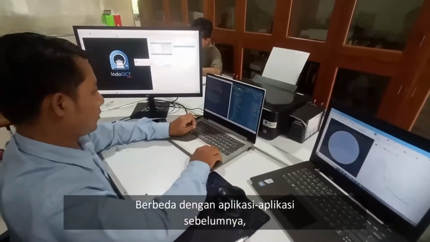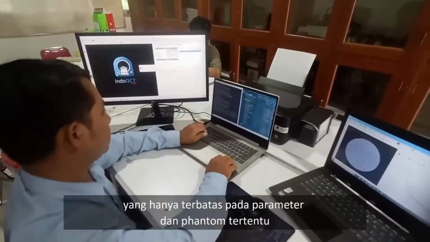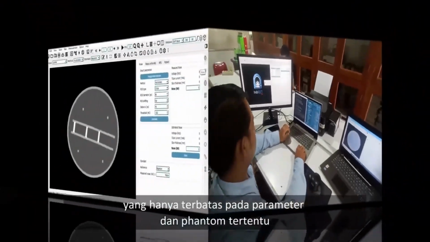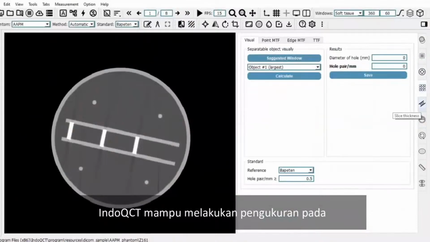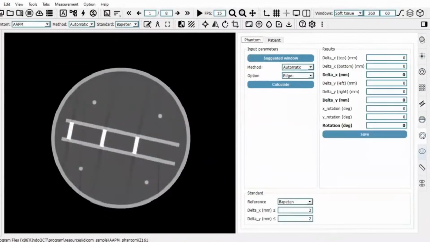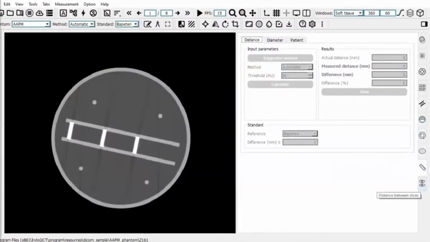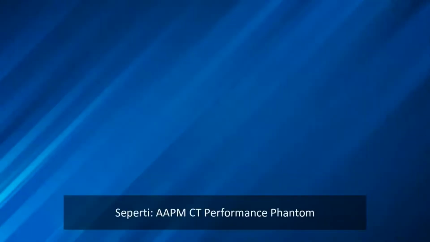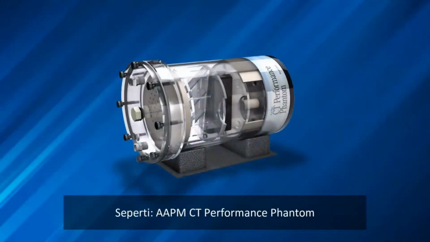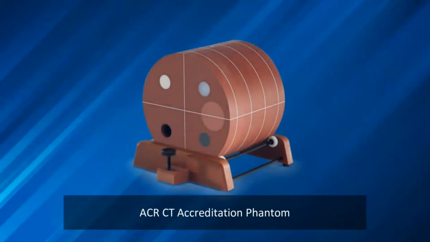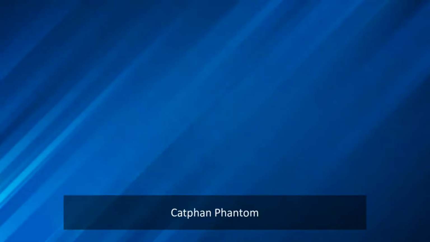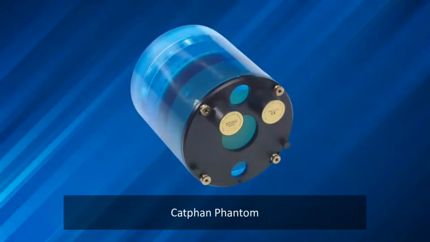Unlike previously available software which were limited to certain parameters and phantoms, IndoQCT is capable of measuring various parameters from a variety of available phantoms, such as the AAPM CT Performance Phantom, the ACR CT Accreditation Phantom, the CAPFAN Phantom,